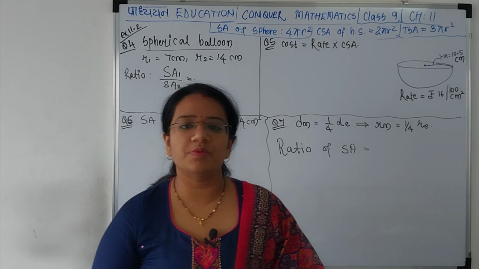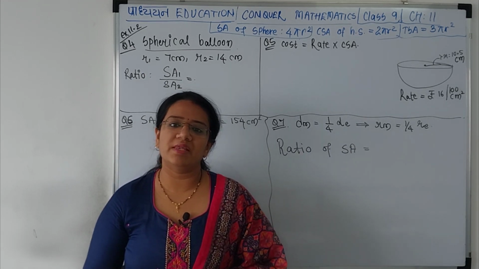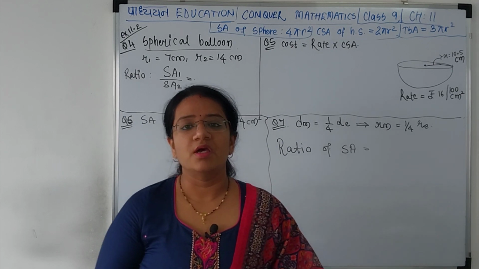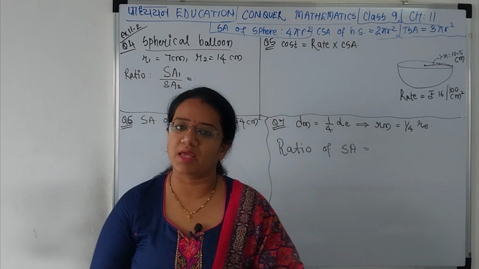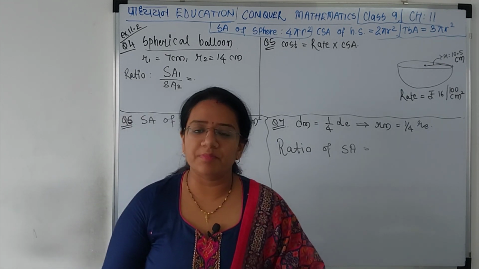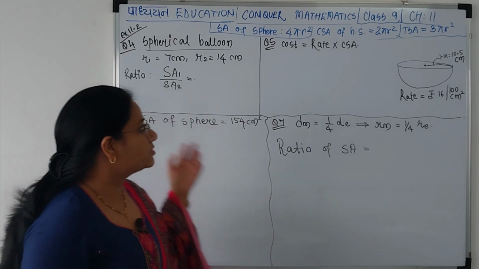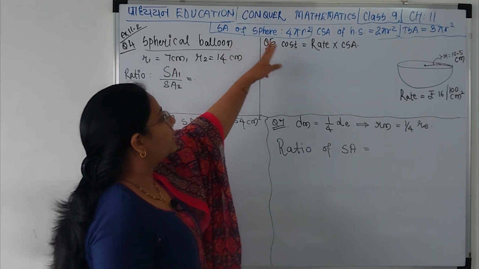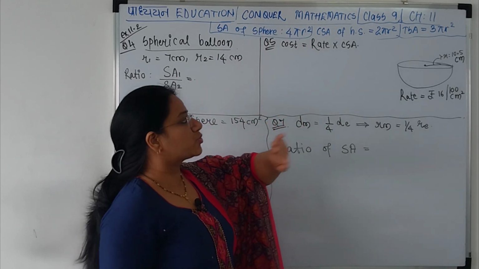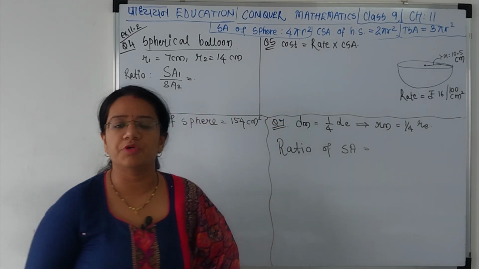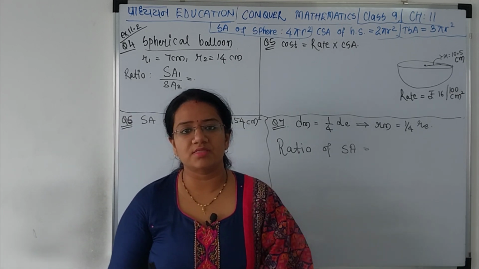In this video, we are going to begin with exercise 11.2 of your class 9 mathematics chapter number 11, surface areas and volumes. Remember, this exercise is all about surface areas of spheres and hemispheres, and I hope by now you have learned the formula to both the areas. Surface area of a sphere is 4 pi r square. Curved surface area of hemisphere is 2 pi r square, while total surface area of hemisphere is 3 pi r square. It's extremely easy, it's a very basic exercise.